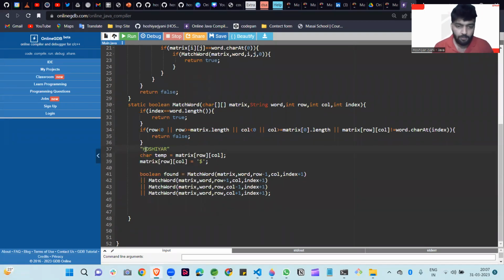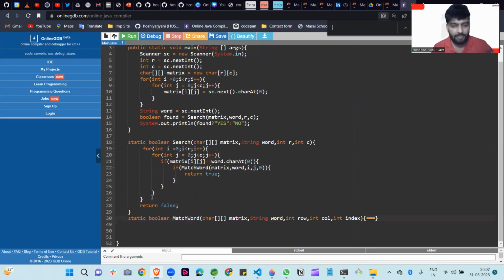Okay, guys. So we iterate, we find X, then we find O. If O is not found in this matrix at row and column, so if it is not equal, then we simply return false, like we wrote here. That's why we increase the index value, and we find every character here, passing the index and matrix of row column. If it is not equal, then return false. Otherwise, this is not executed, and we simply write our algorithm.